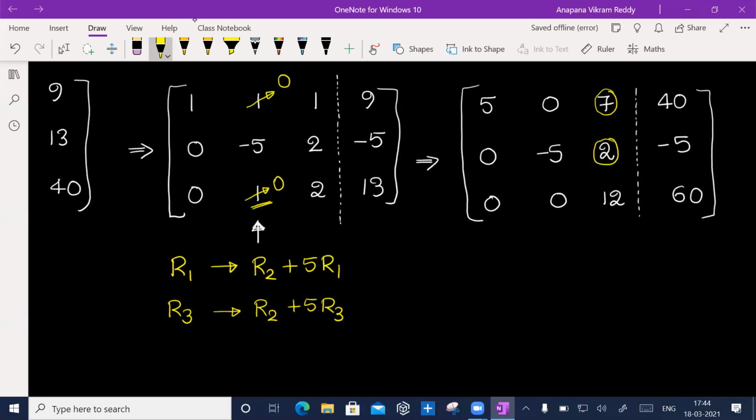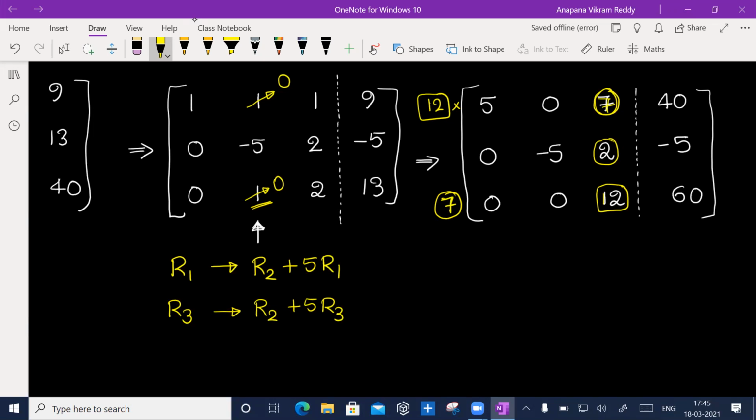Now, what is the only case we have? Yes, very good. Now I have this 12 here, so multiply the first row by 12. And I have this 7 here, so multiply the third row by 7. Whenever you get stuck in this kind of situation, first see what you want to make 0, then take the alternate choice. Whatever 7 I have here, I must take in the third row. Whatever 12 I have here, you take to the first row.